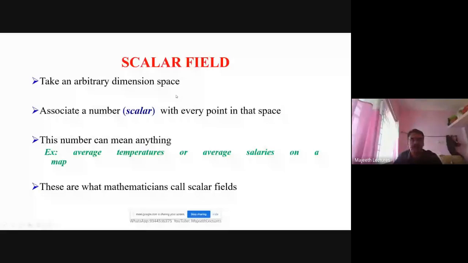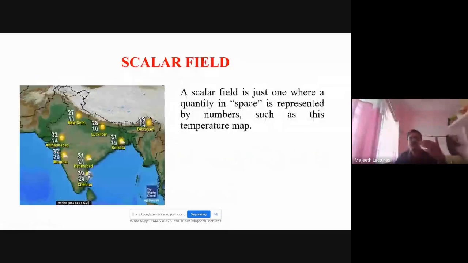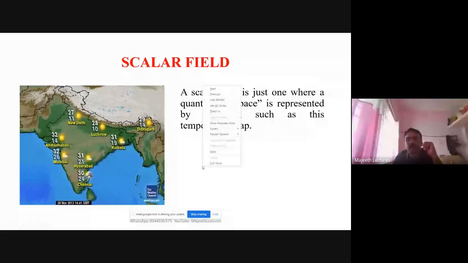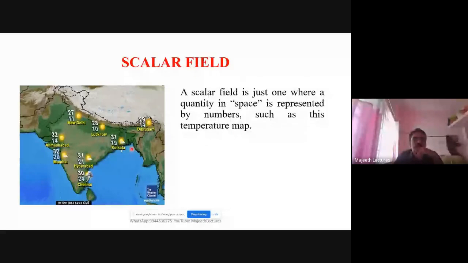So that is the thing we are going to see. Let me go fast. These are all basic, we don't spend so much time on this. First here you see, this is the best example for what you call a scalar field. Here you see, this is a space. Here we associate a scalar, that is temperature, which is a scalar quantity. We associate a scalar to a particular point. So this is the best example for a scalar field.